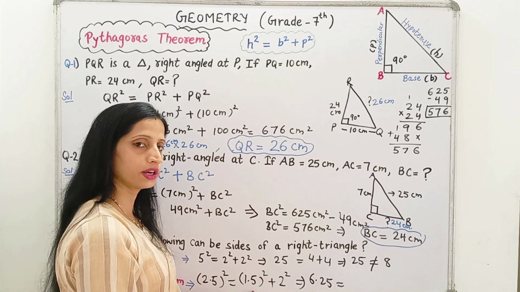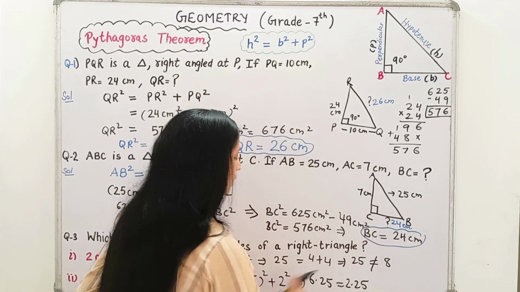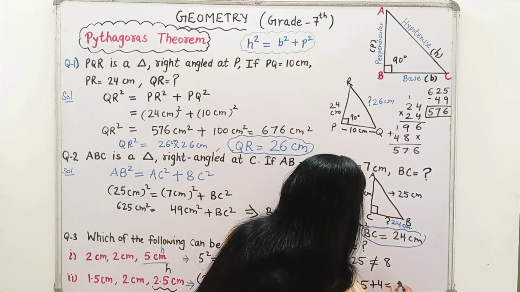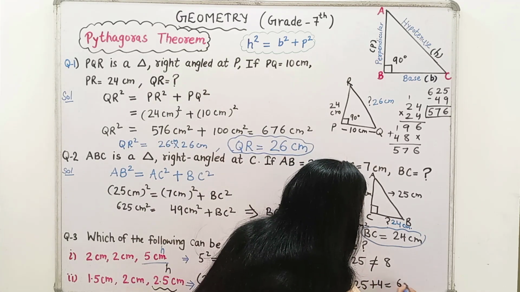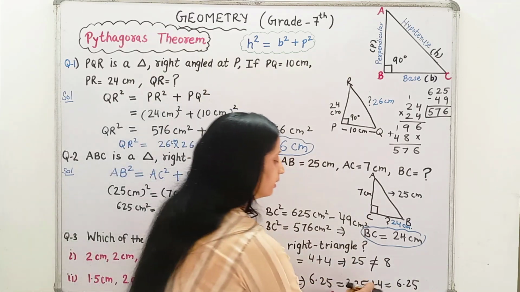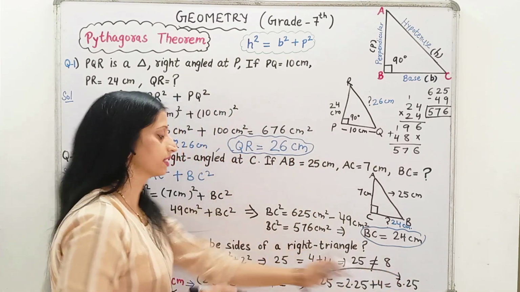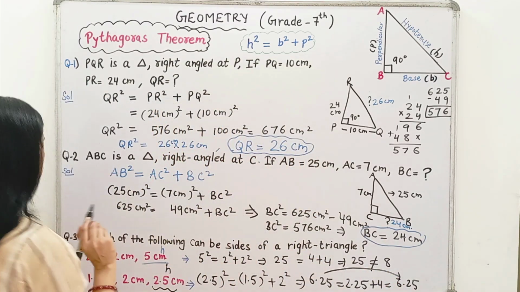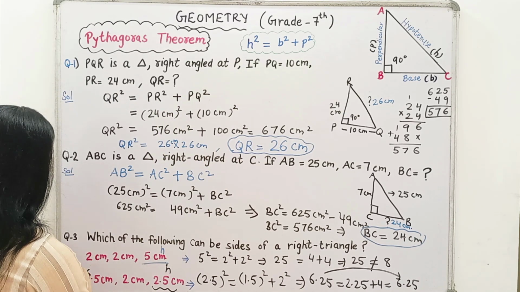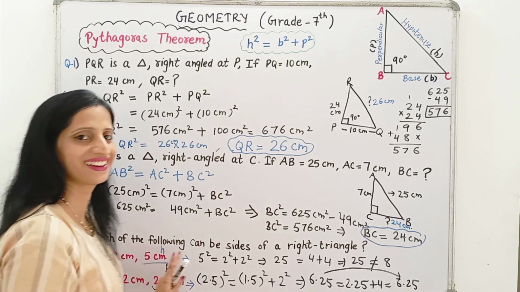This is equal to 1.5 square. 15 square is 225, so this will be 2.25 plus 4. This means 6.25, if we add these two, we are getting equal. This means the square of the hypotenuse here is coming equal to the sum of the squares of the other two sides. Hence, these will be the sides of a right angle triangle. So here we will write yes. In the previous question, no. Those sides cannot be the sides of a right angle triangle.